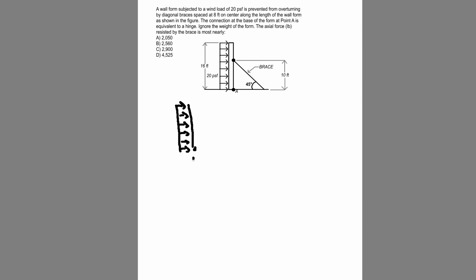Here's point A. And then we have a force in the brace, which is acting at a 45-degree angle. Okay, and we'll call that force F. And we'll just label this 160